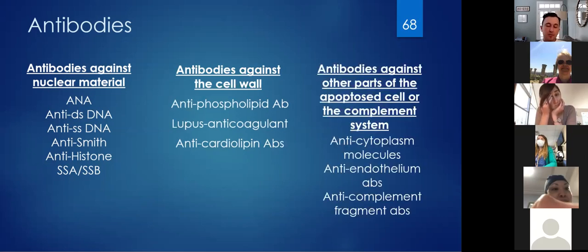And then we have a whole bunch of antibodies, and we never check these, but we could. These ultimately come down to just antibodies that are attacking other parts of these cells that aren't being cleared properly, okay? As a reminder, ANA is very sensitive. It's not specific, okay? We'll come back to that, but I want to point it out. Your double-stranded DNA and your Smith antibodies, on the other hand, are highly specific, okay?